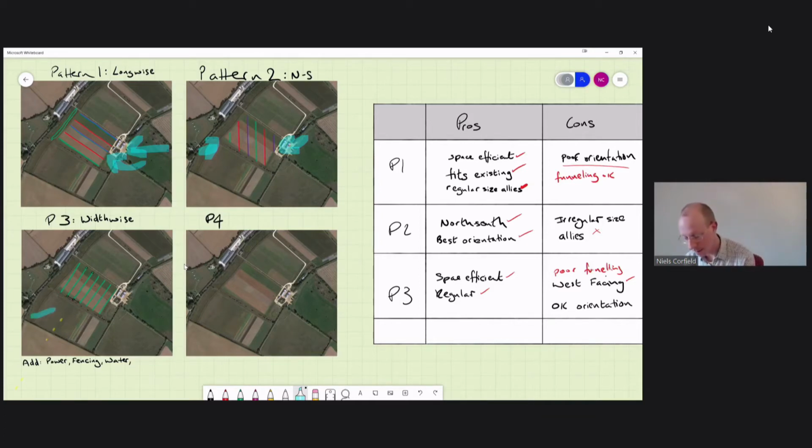But we've definitely got serious funneling risks from that southwest. But obviously, again, that can be mitigated with additional shelter belts or windbreaks, for example. But the main thing that we haven't discussed about 1 or 3 is the orientation with regards to solar access. So if we think about where the sun goes around like this, it's at its zenith